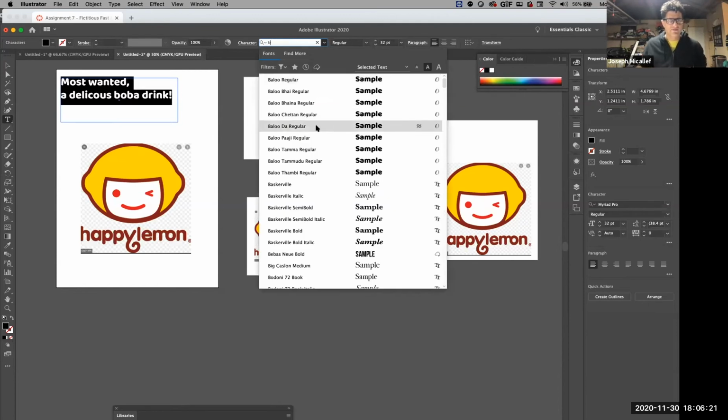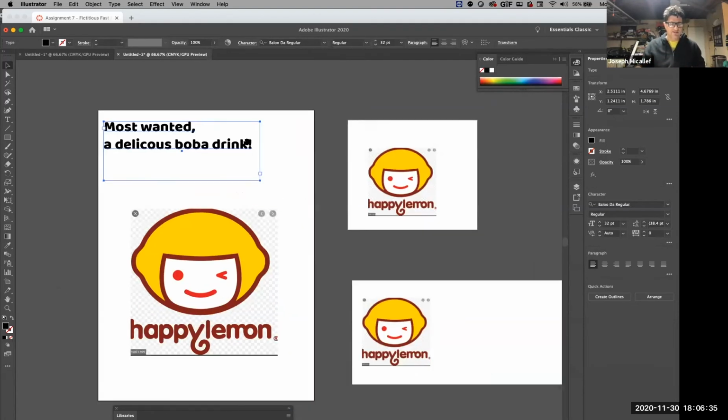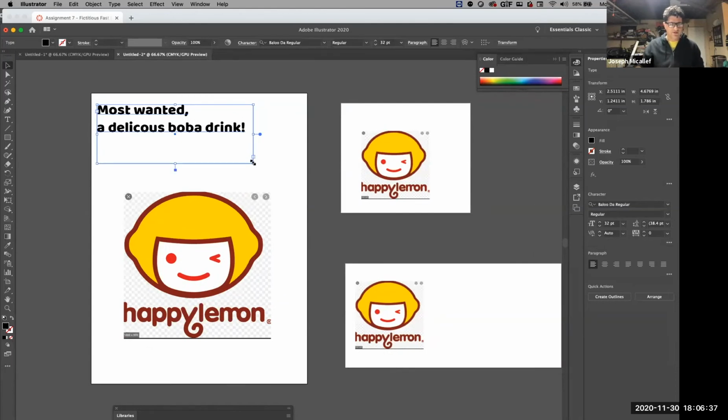So I like this Baloo font because it's rounded. It's like a bubbly font, right? Which is kind of matching what's there. But you design the logo yourself, of course. But in each one of these, you'd have to kind of think about the space because this is like a poster. So maybe this type is